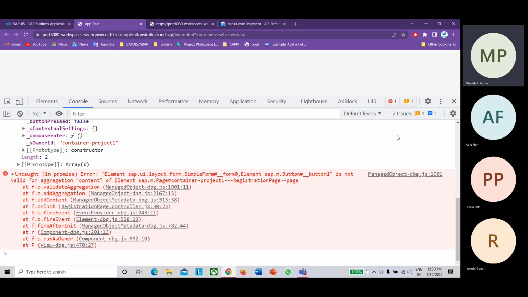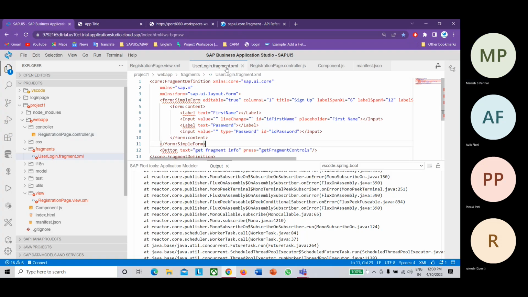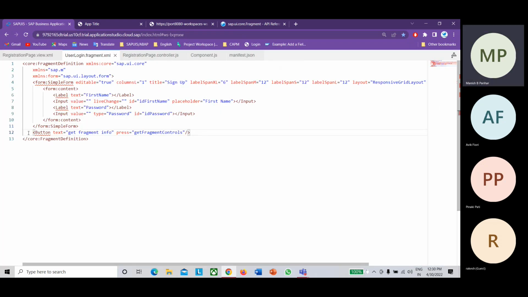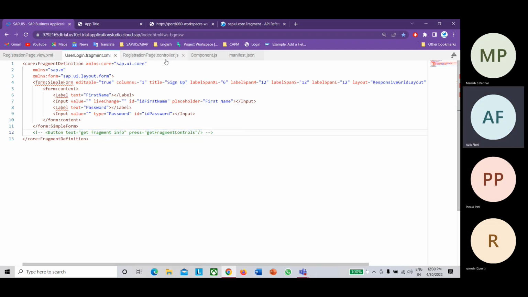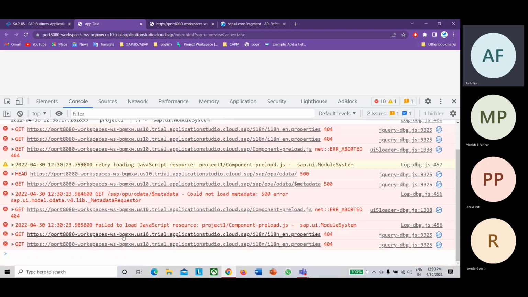In the XML, you have not commented that button part. Is it the XML? The button text, get fragment. Could that be the issue? Okay, one second, let me check that. Here also handle. Okay, let's see now once.